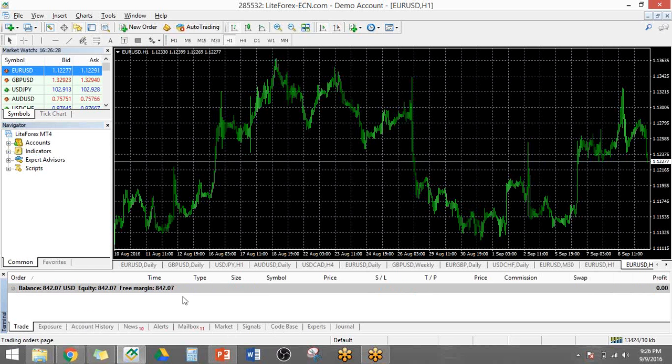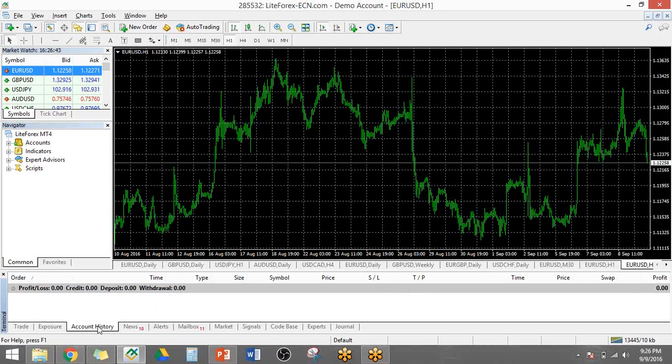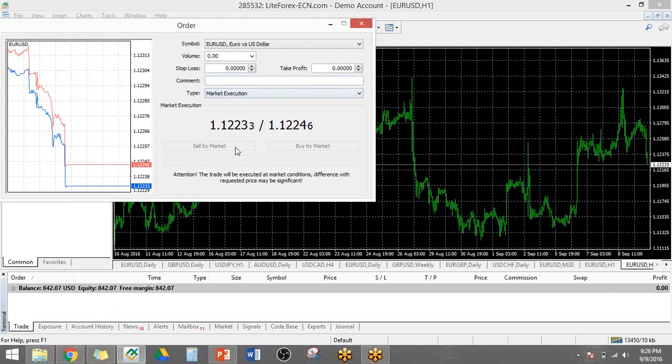Right now, we don't have an open trade. Later, let's try opening one. And then you can see here your balance, and then your equity, okay, and then also your free margin. So you have there your trade. And then the next important one is your account history. Account history, basically, it's a list of everything that you did with your account. Okay? So let's try opening a trade right now so that you guys can see it.